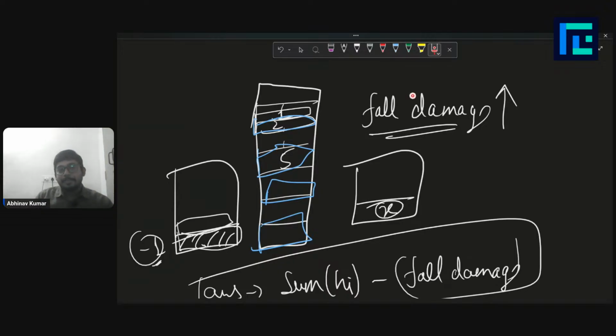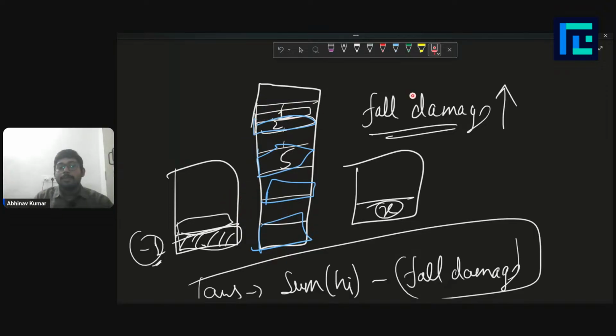If you kill this one first, and this stack would come here, and then if you kill this one, the amount of fall damage that the one above it would receive would be this much only, because it is already killed. And then again if you kill this, it would be this much only. But if you kill the topmost one that you had to kill first,